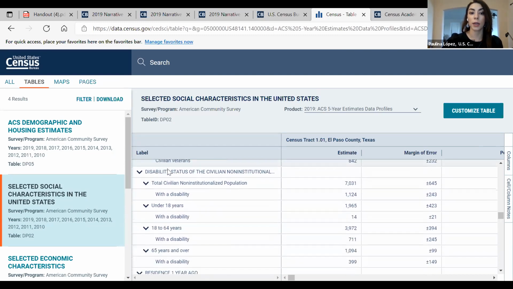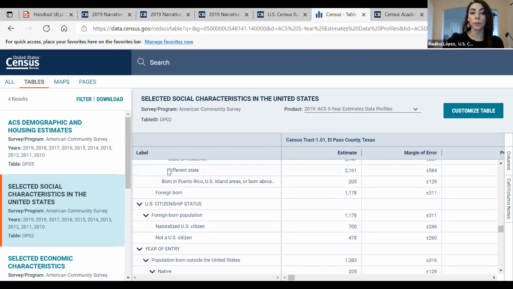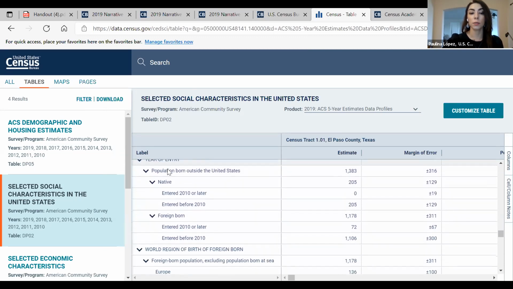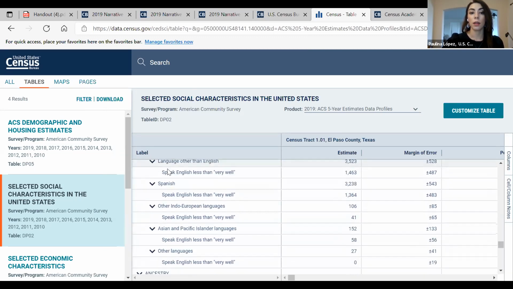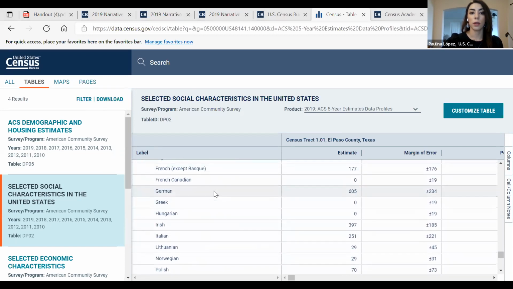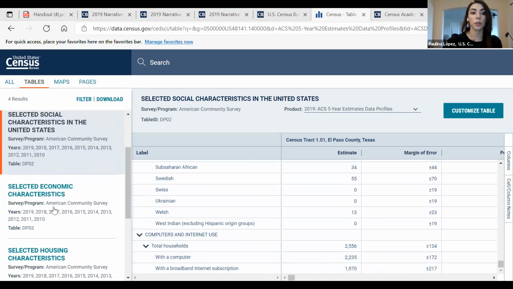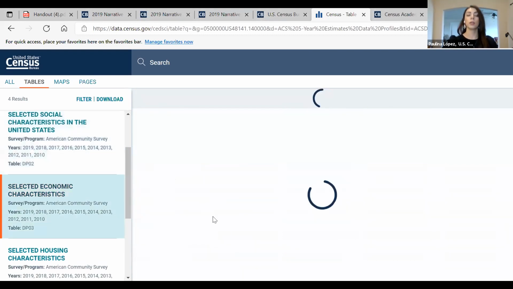What's the veteran status, disabilities, geographic mobility, citizenship status, and languages spoken at home. So lots of information down to ancestry as well, and then computers and internet use, and economic characteristics.